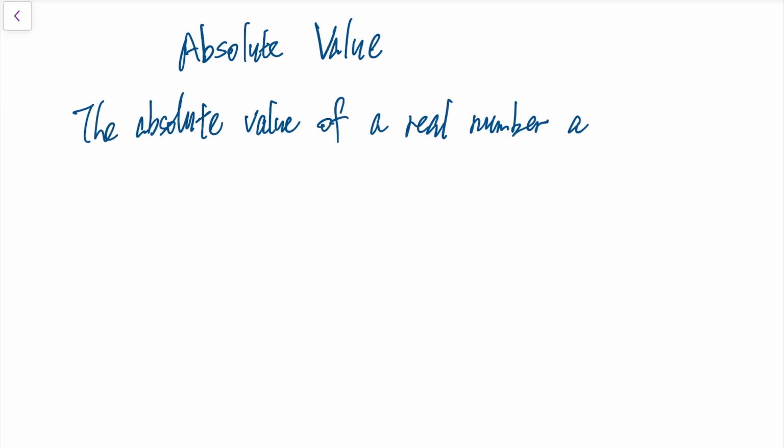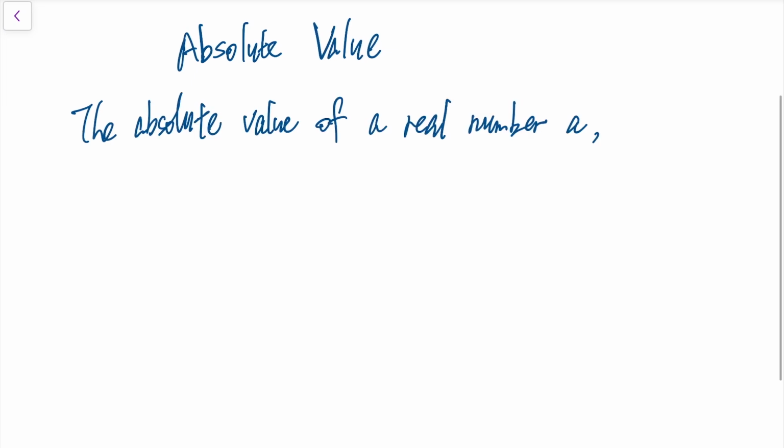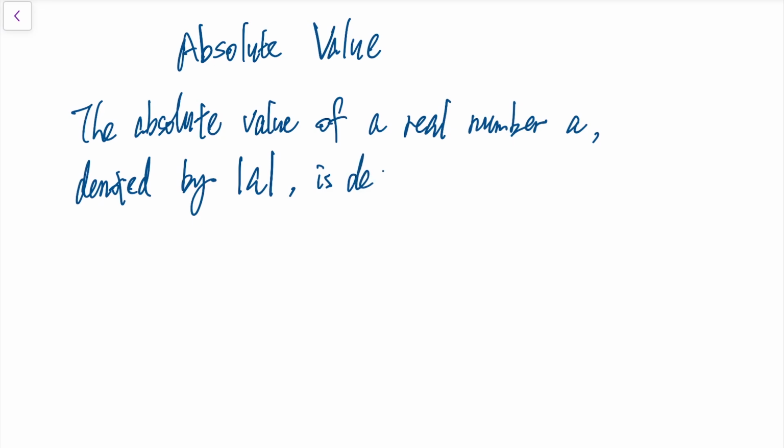Today let's talk about absolute value. Let's define the absolute value first. The absolute value of a real number a, denoted by |a|, is defined by